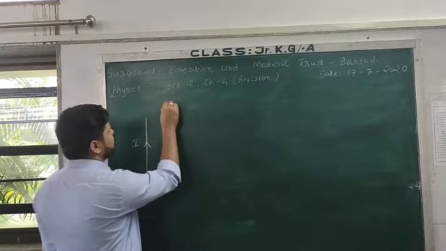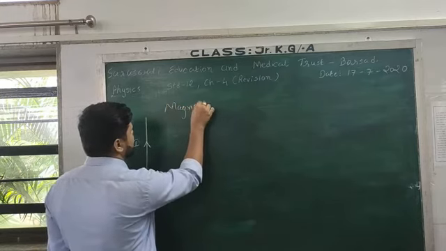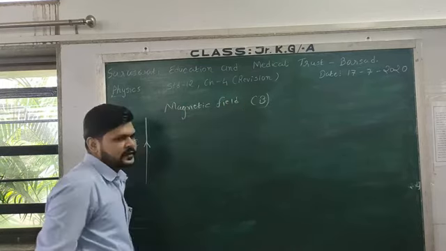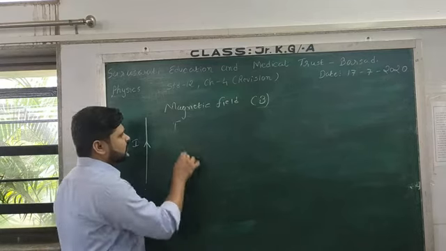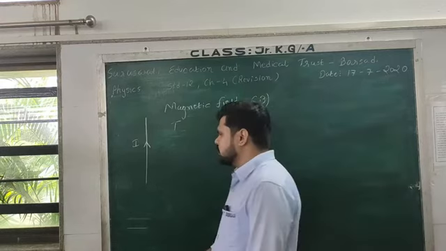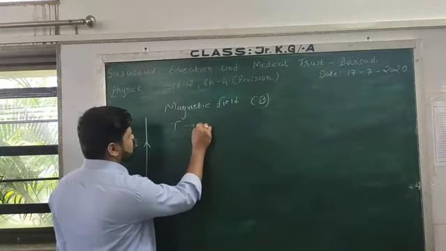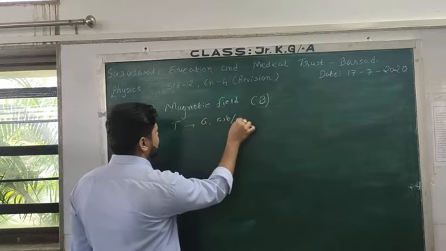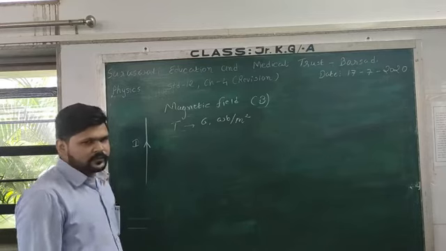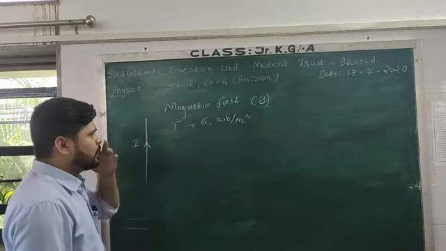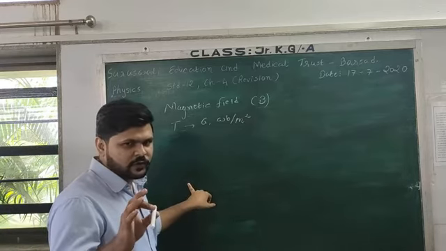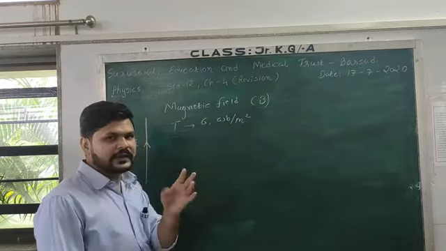That magnetic field is denoted by B. Its unit is Tesla. There are also other units of magnetic field, Gauss or Weber per meter square, that you will study in the 6th chapter. Gauss is equal to 10 raised to minus 4 Tesla. So these are the various units. Magnetic field is a vector quantity. To find out the direction of magnetic field, you should know the vector product rules, which you have already studied in 11th standard.